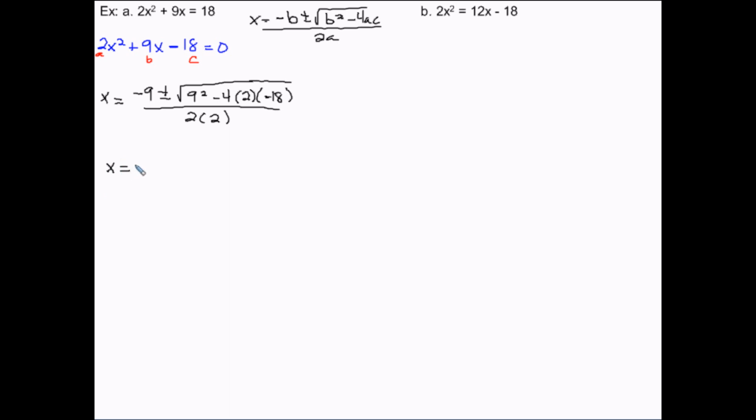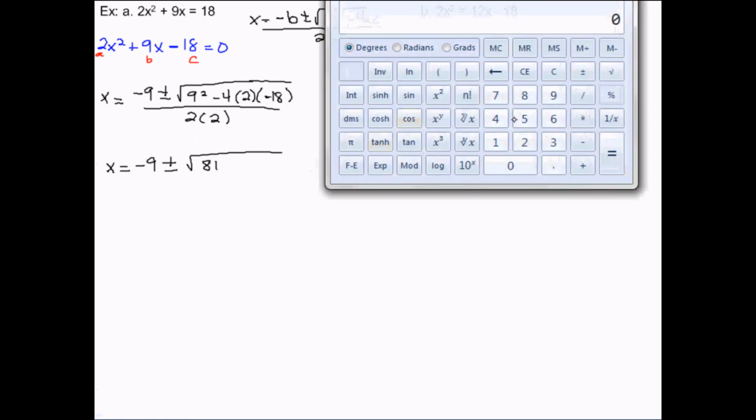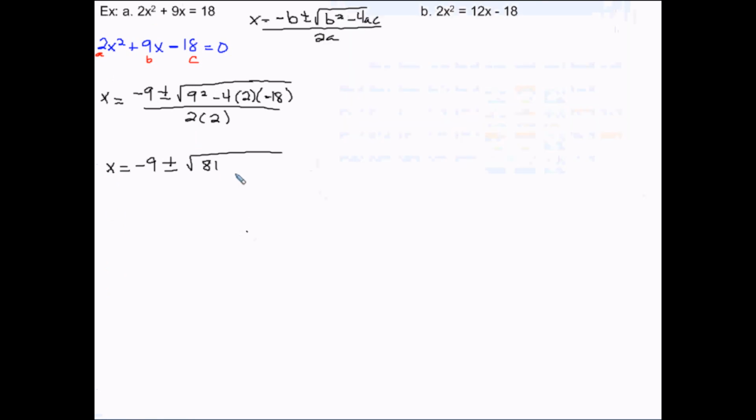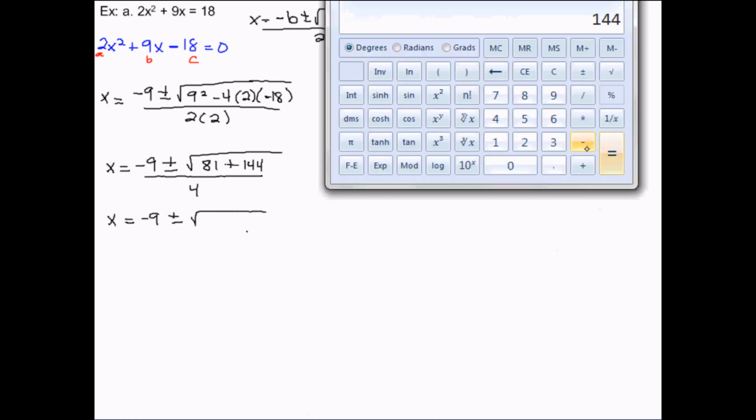I'm going to simplify. 9 squared is 81. 4 times 2 is 8 times 18. I'm going to cheat a little bit just to save time, and I get 144, so plus 144 all over 4. X is equal to negative 9 plus or minus the square root of 81 plus 144 is